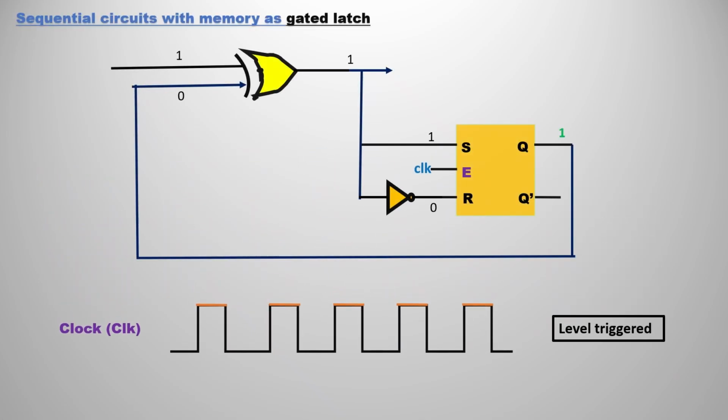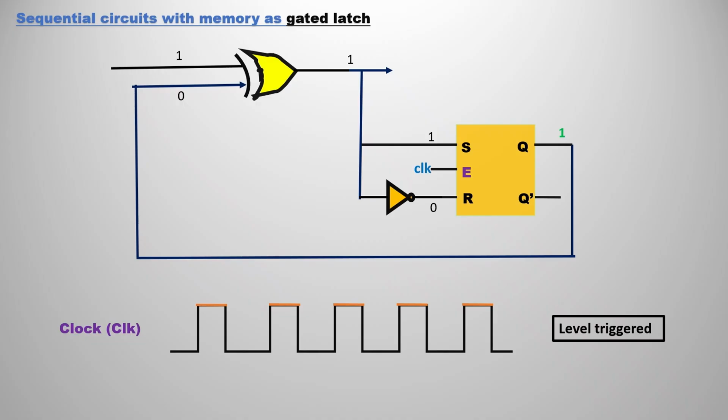For the sequential circuit, if you want more clarification with the help of the gated latch, I have taken the same thing but replaced the combinational circuit with a real combinational circuit. In place I took an XOR gate. Let us assume the first input is 1. The second input coming is 0, let us assume, because if we don't know anything, we assume it as 0. For the XOR gate, one input is 0 and one input is 1. We already know that if both inputs are different, we get the output as 1.